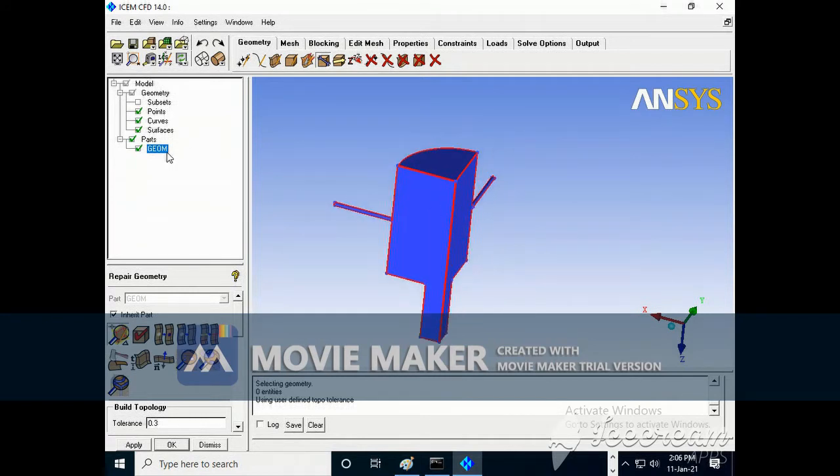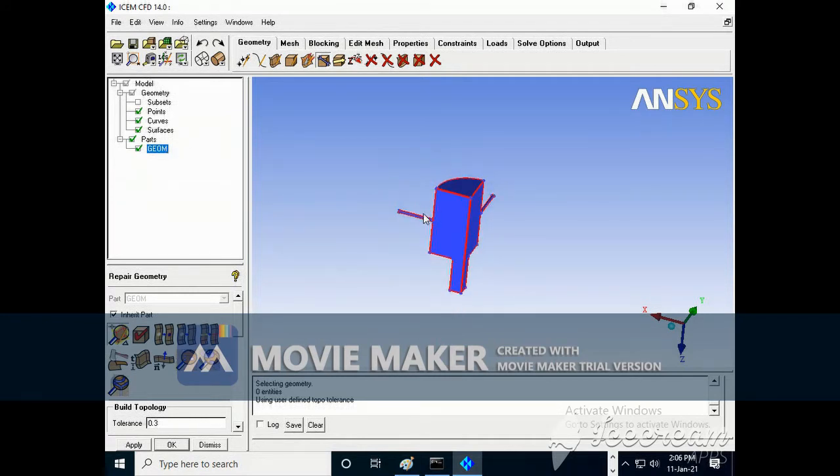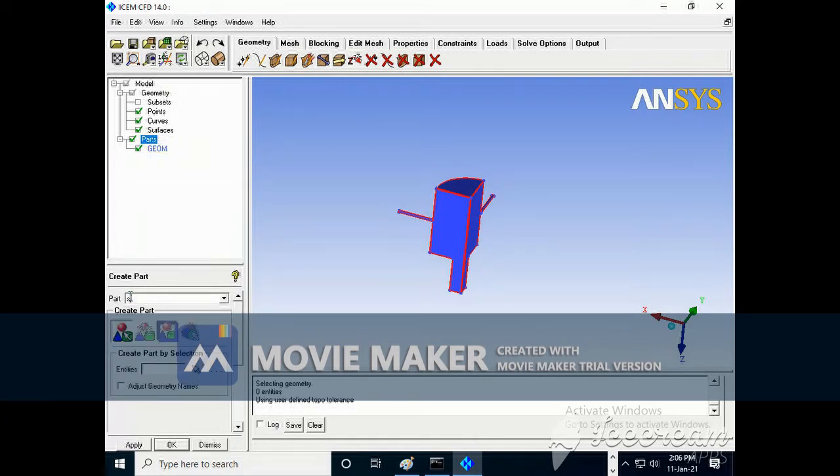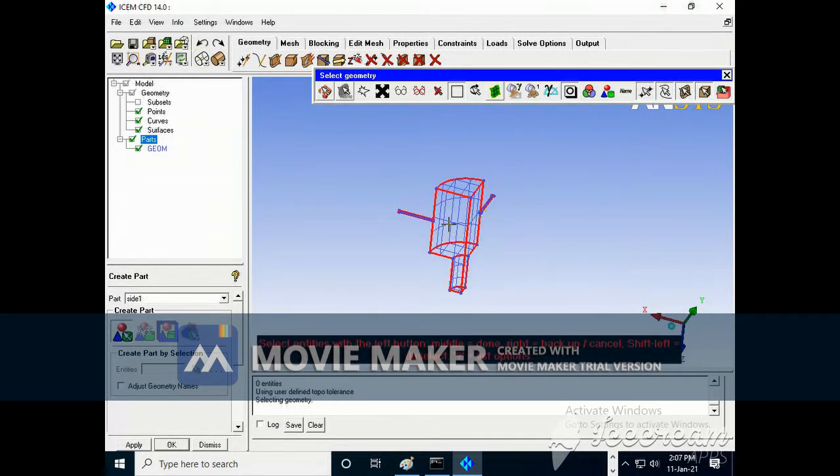That's why I have saved all parts under one name, and depending on requirement I can give labels: side 1 for one side, side 2 is this, and side 3 I can give another label, that is curve.